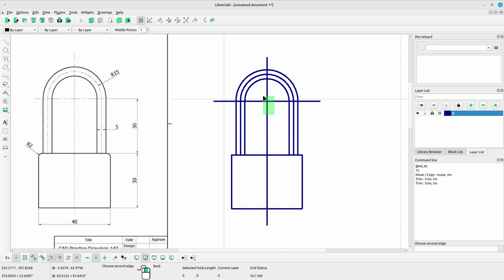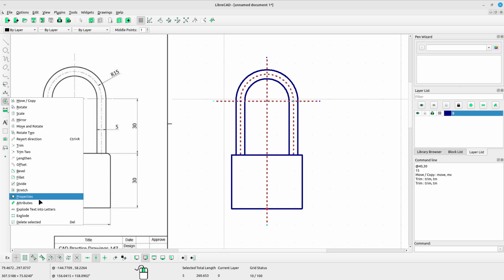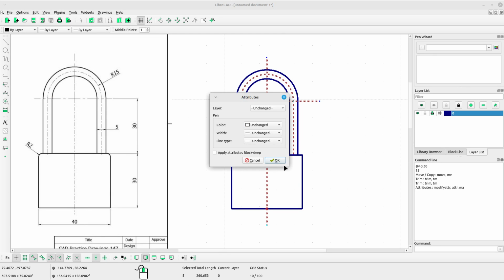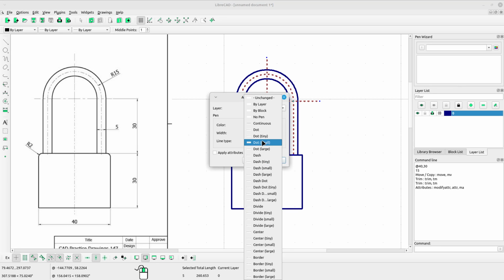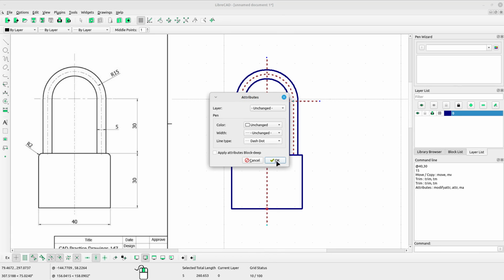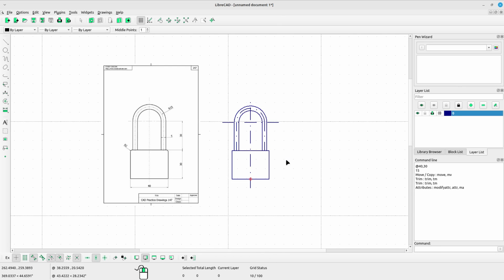Okay, next we should change the line type for this helping line. Select all the helping lines and select attributes, and change the line type into maybe dash or dash dot. Okay.